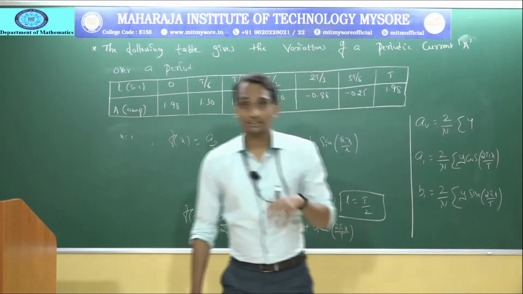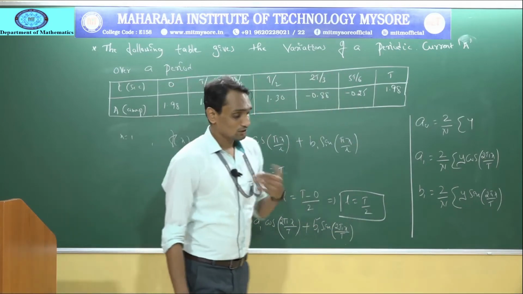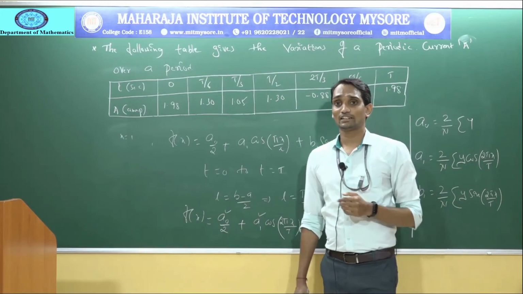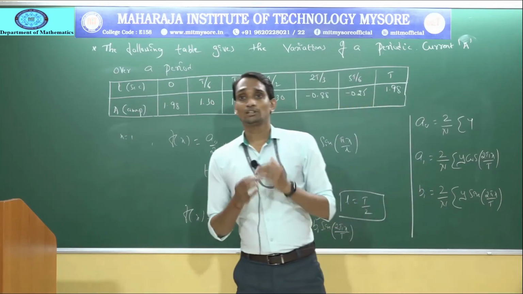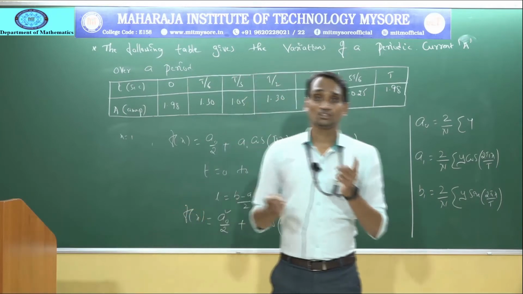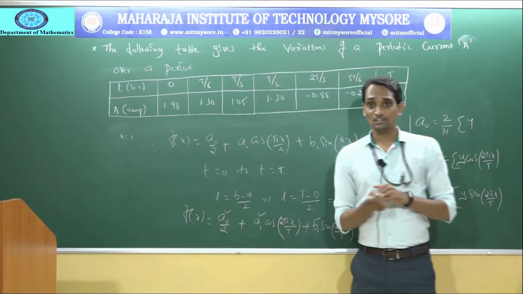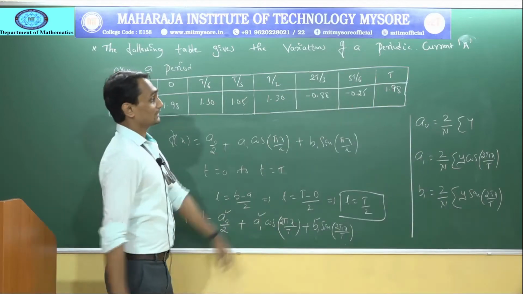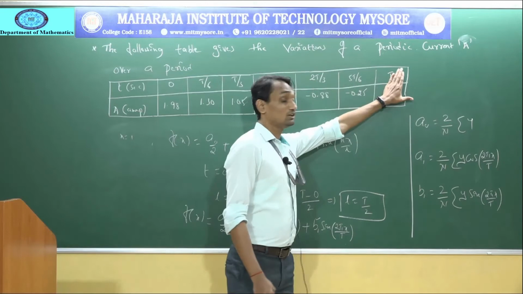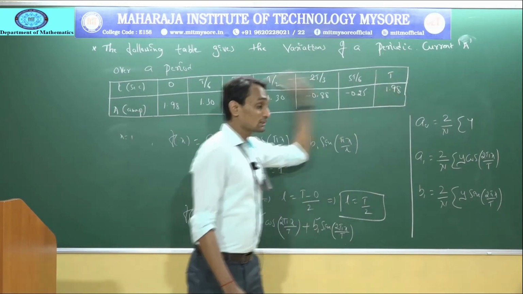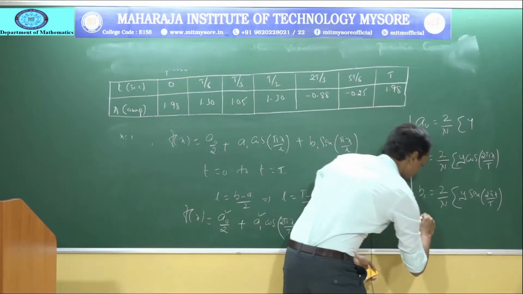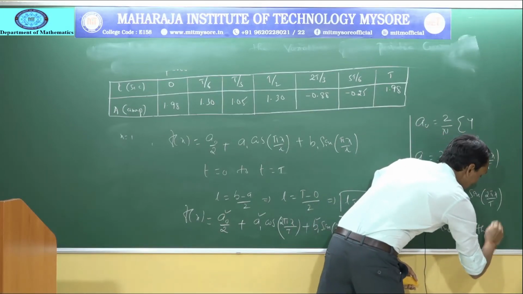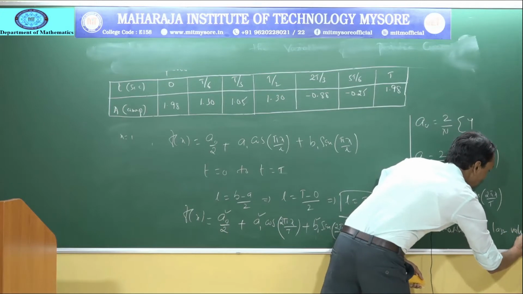This is very important while calculating the values, either for a periodic function or an arbitrary function. For an arbitrary function, first calculate the L value. After calculating the L value, for periodic or arbitrary, we need to see the first value and the last value. If they are equal, just eliminate either the first value or the last value. I will eliminate the last value, so t equal to 1.98, I will eliminate. The remaining values I will write as usual, eliminating the last value.